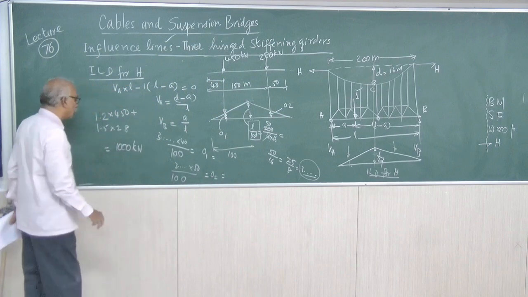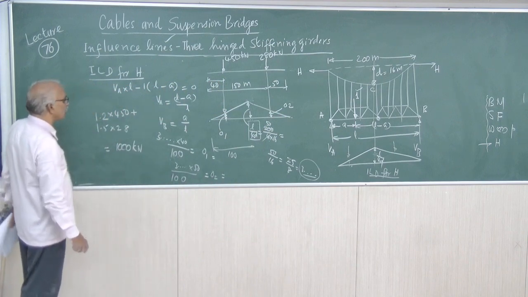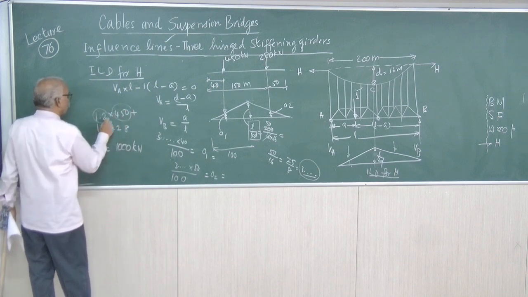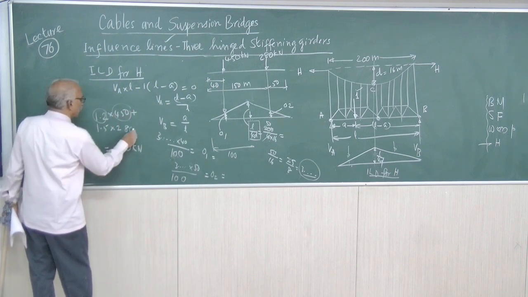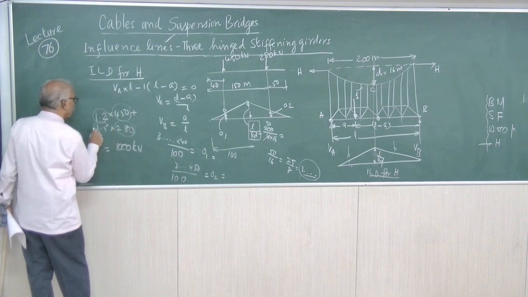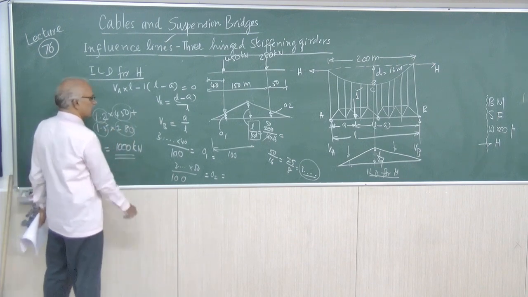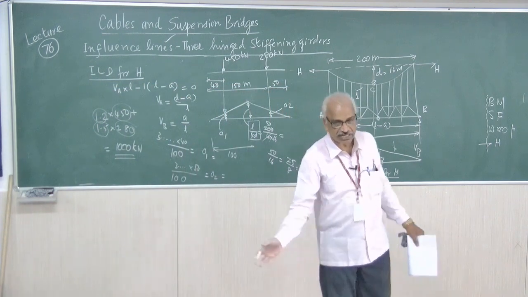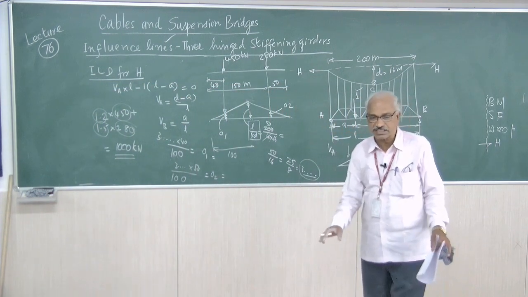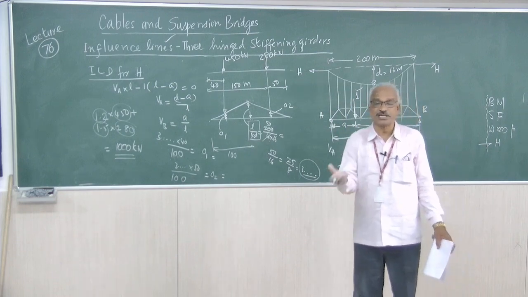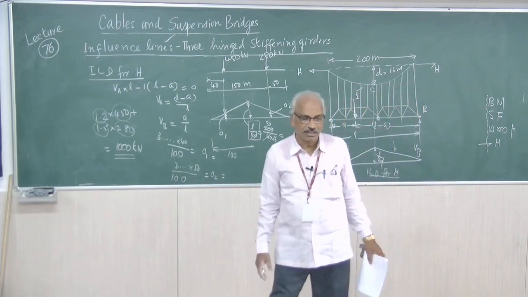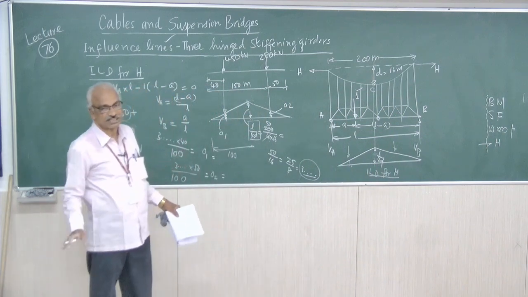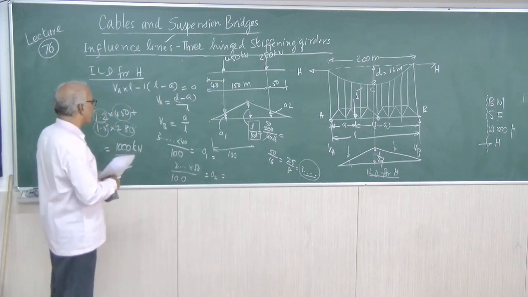That is O2, O1 and O2. So the load above O1 is 450. So 450 into O1 plus 280 into O2 will give you 1000 kilonewtons. So the viewers can check it. You can check up the calculation, you will be getting 1000 kilonewtons. This is how you have to get the influence line for the horizontal tension, and for a given numerical example, how to use the influence line. So this is one part.